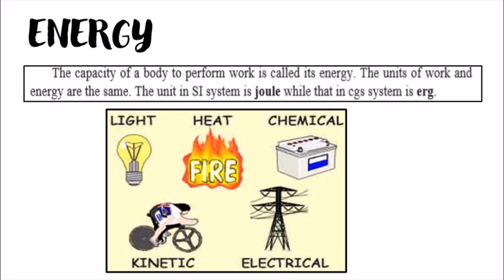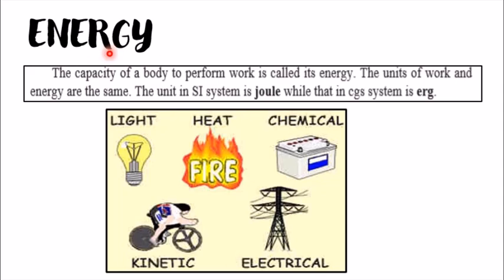Welcome back, students. In the last part, we learned about work. Now, along with work, another important thing is energy. If we have energy, then only we can perform a work. And the energy also depends on person to person. That is, our capacity is the energy, and according to our capacity, we perform that particular work.